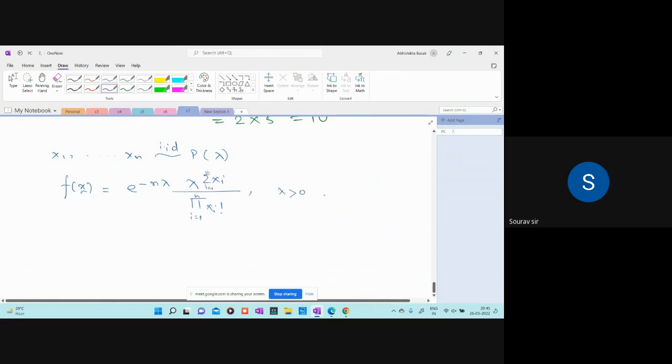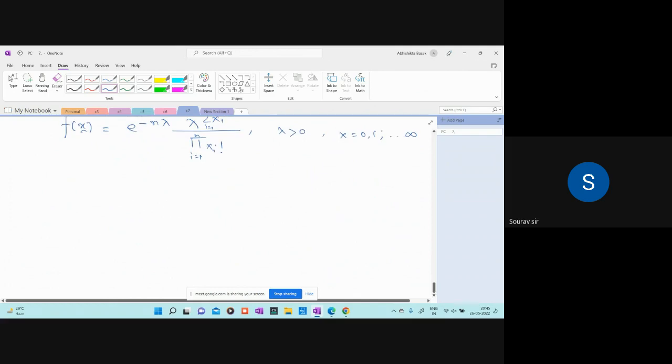when lambda is greater than 0 and x runs from 0 up to infinity. Okay, so this is xi for all i. This is my joint distribution. Now basically I am checking for sufficiency. What did the formula of sufficiency say? That this f of x curl, the joint PDF, can